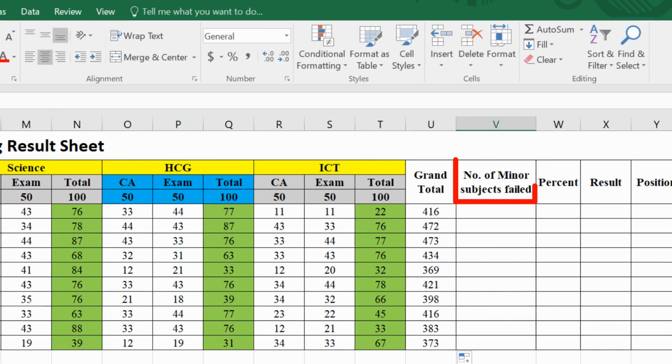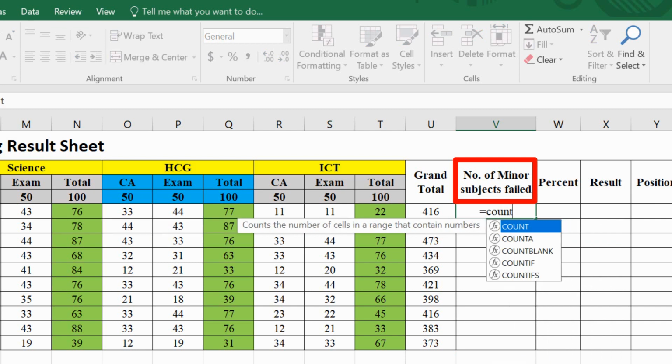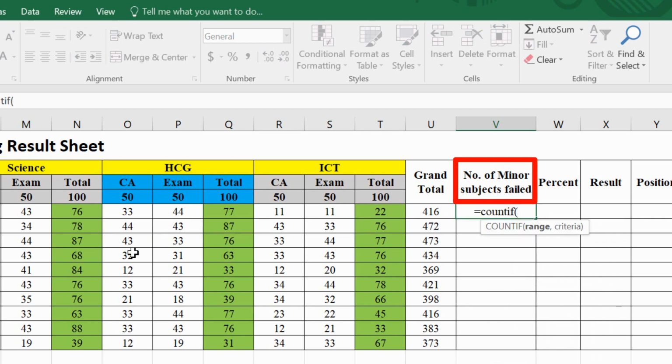Now I am going to demonstrate how to find the total number of minor subjects failed. For that purpose, I am going to use the COUNTIF function, which was explained in my previous video. Go to COUNTIF, open the bracket, select the total of the first minor subject, that is science. If science is, in quotation marks, less than 40, close the quotation mark and close the bracket, plus